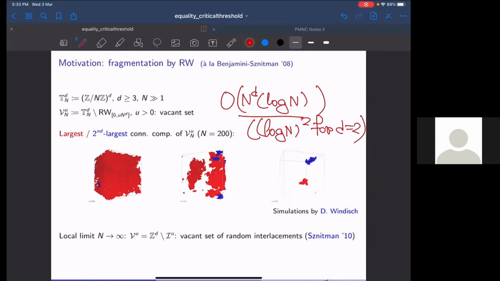However, instead of doing that, if you run the random walk up to a time that is proportional to the volume, which is